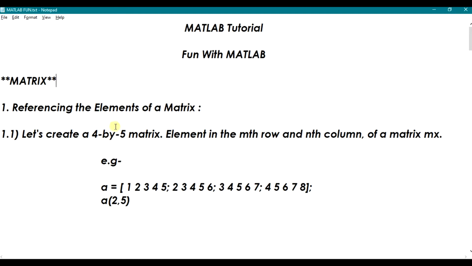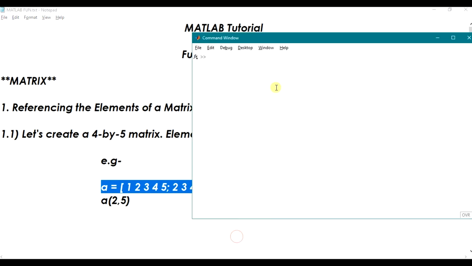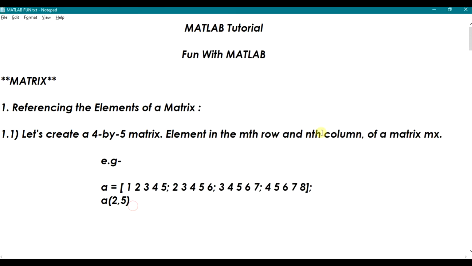So let me create a first 4 by 5 matrix for you guys. I'll just simply copy it from here and I'll be performing it in the command window since there is no such coding here. Control plus V. Yeah. So here you see a 4 by 5 matrix. Now I want to check the elements of the mth row of a matrix M into x.